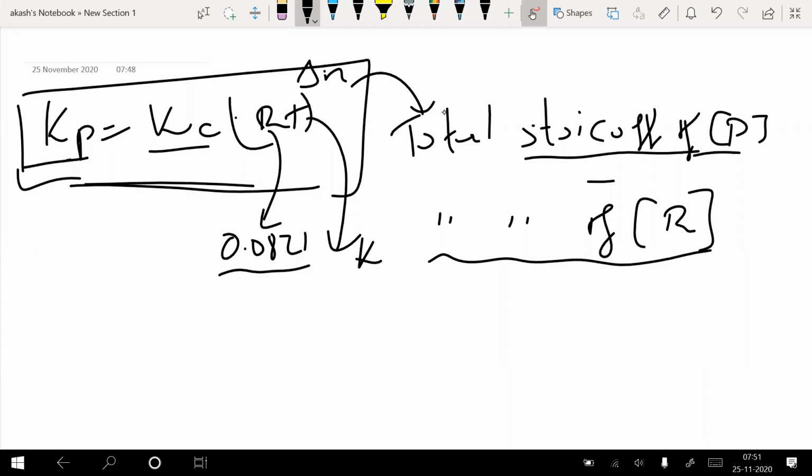Now the question is, if you have only reactant or only product, I can say which side the reaction will go. If I have only reactant, I can say for sure that the reaction is going to move in the forward direction. If I have only product, then the reaction is obviously going to move only in the backward direction. But what if I have both reactants and products in the same vessel at time t equal to 0? How will you predict which side the reaction is going to move?